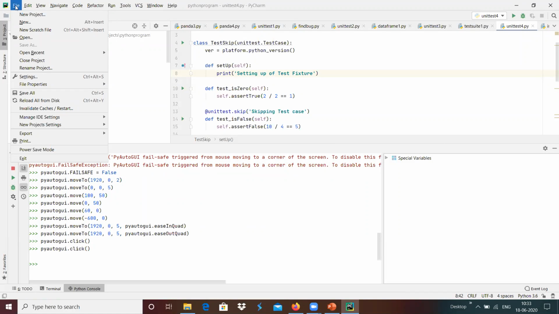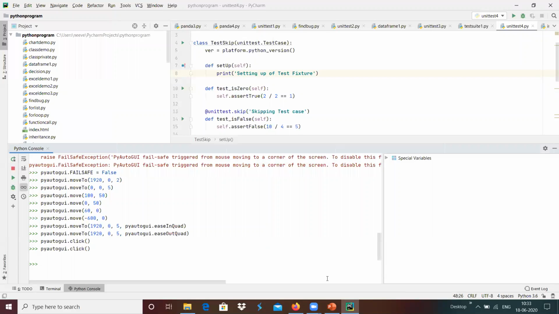Whenever we click with the mouse on File, this menu has to come, and we are getting that by generating the mouse event from the PyAutoGUI module. In a similar way, we can move to a location and generate the click event with the help of options